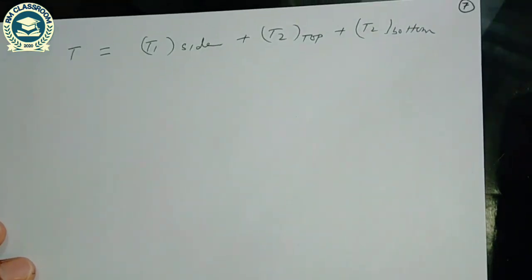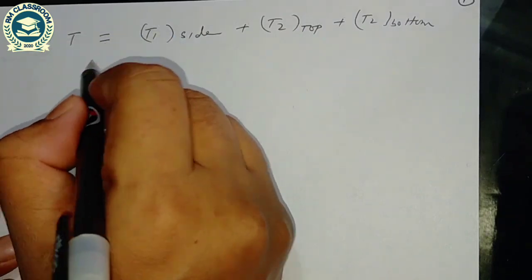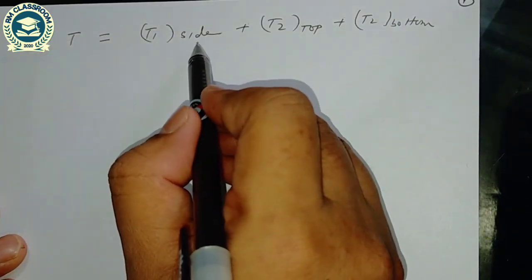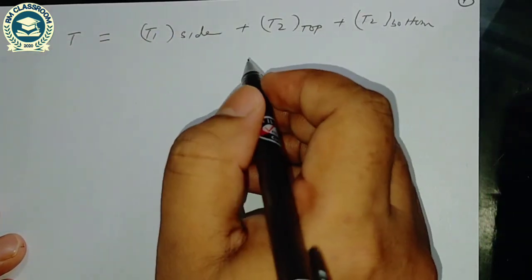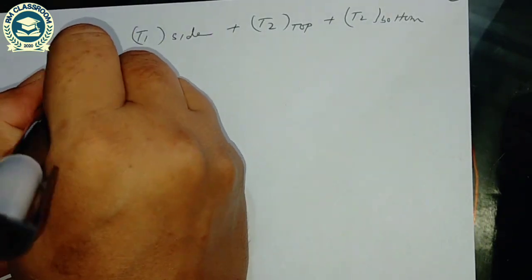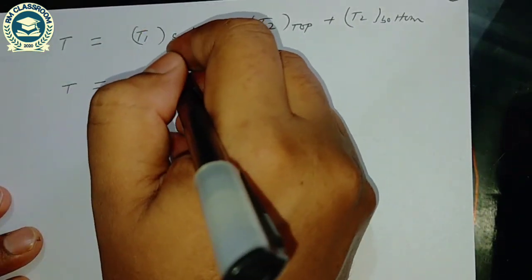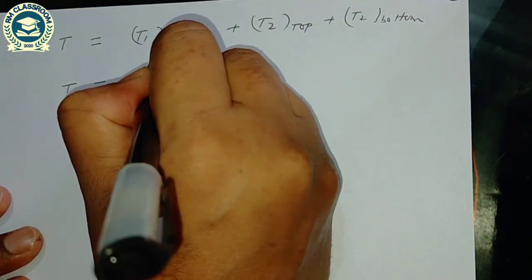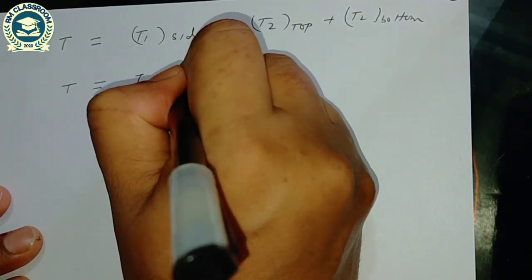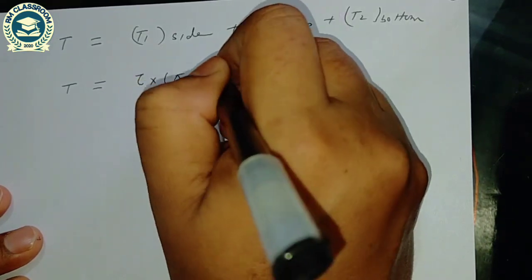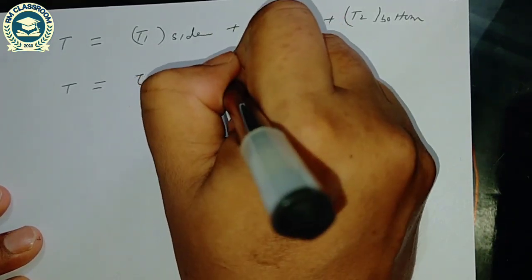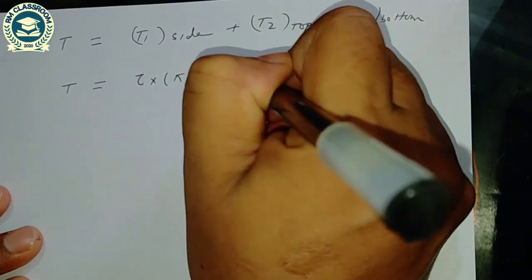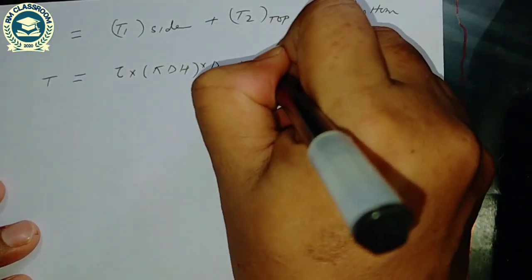Total torque is the torque applied at the side, plus top and bottom. At the side the shear strength of the soil is tau, and the side area is pi d h, into d by 2, plus this same term, so we can write 2 times